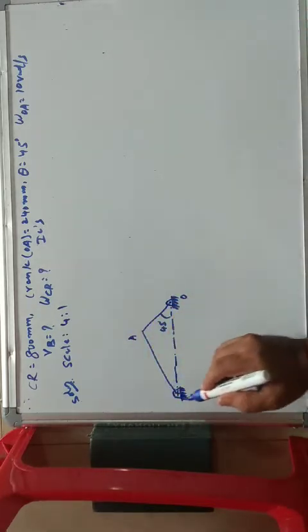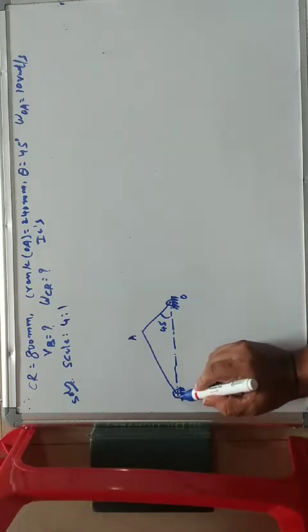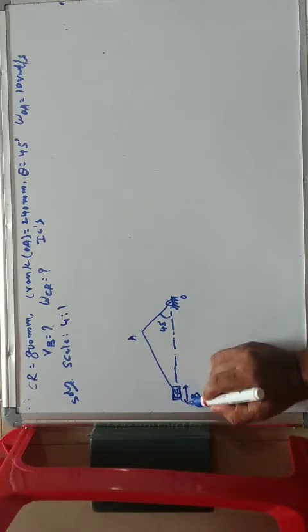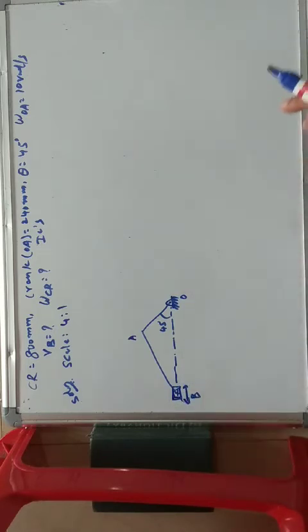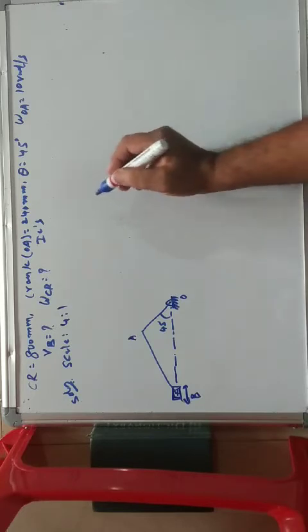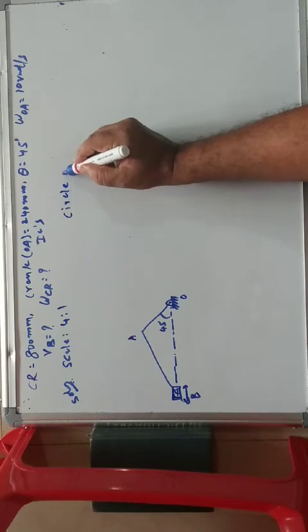So here actually it is not a fixed point, because here the slider is moving. The slider is moving in this linear direction. The slider is placed here. Okay. So now after drawing this displacement diagram, the first and foremost thing, as I told you, is that I am going to find the instantaneous center.